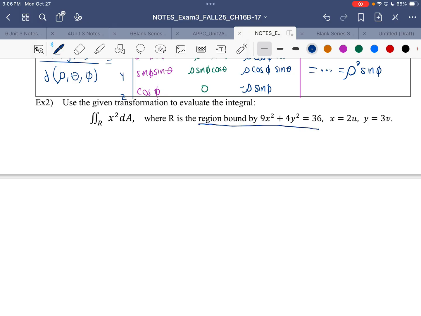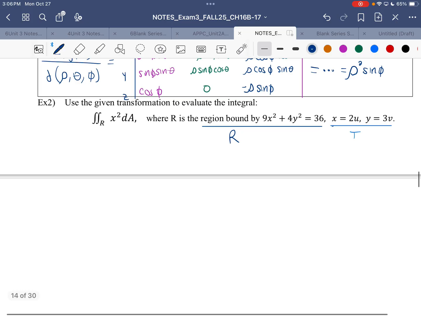Here's our original region. And this is the transformation that we have, to make this easier to deal with. So right now, we don't really know how to integrate with this. Originally, the region's an ellipse. We want to do a transformation to try to make this not be an ellipse anymore. So going from transformation 1,